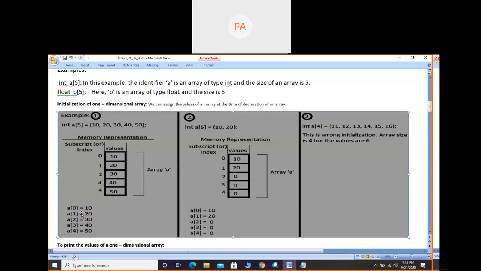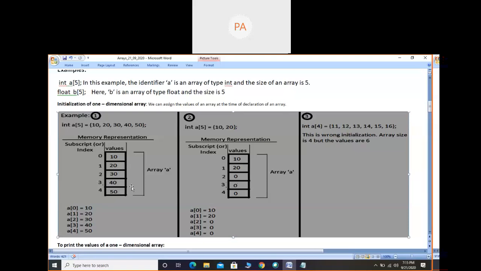Once again I am telling, there is an initialization topic, and there I will discuss. I wanted to tell you at this point that the array name and subscript value give the exact value. A is the array name, subscript value is 0, 10 is the actual value. A is the array name, 1 is the subscript value, that is the index value, and 20 is the actual value. So 0, 1, 2, 3, 4 are the subscript values or index values, and 10, 20, 30, 40, 50 are the actual values.